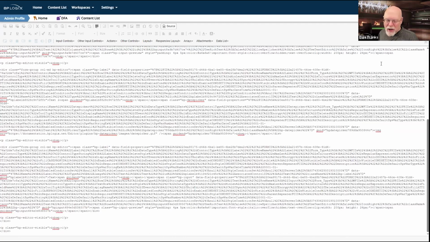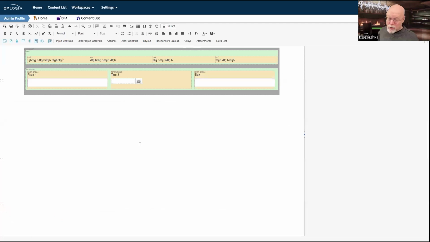Imagine how complex this thing is going to get when I have 10 rows with 4 columns each. And I'm now trying to figure out how 40 different form controls are displayed on the page. And if I want to move things around, it's going to be difficult, even if you're an HTML guru, to go into source and just try to move things around. And if you're not an HTML guru, your chances of doing that and being able to, you know, fix some mistake that you have made in the control is going to be more difficult.